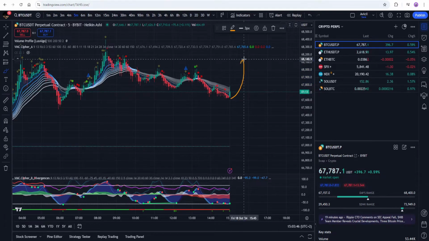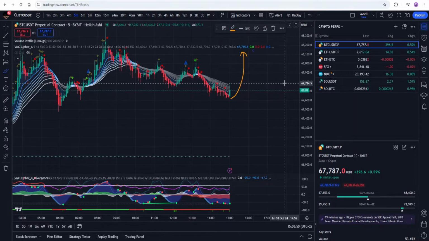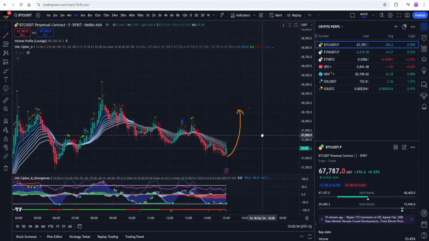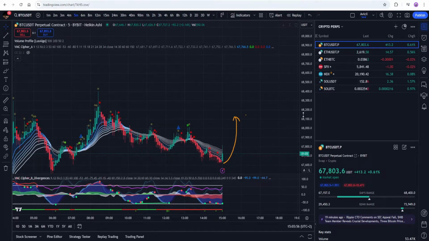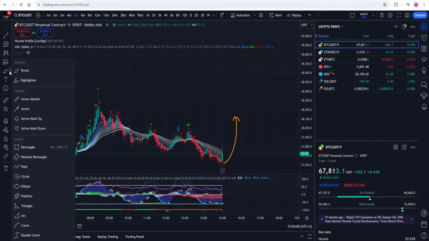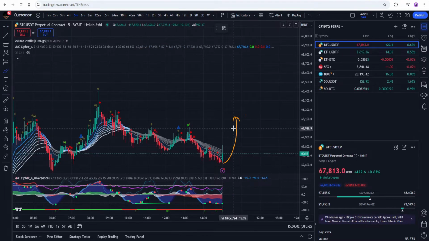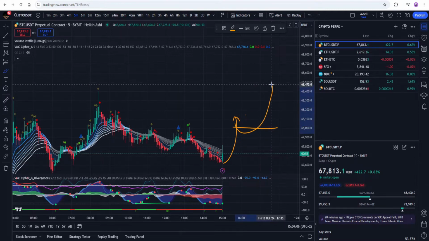Now you're thinking to yourself, darn, I missed this move. But it doesn't make sense to enter now because it might be the top. So as I learned in some trading courses or YouTube videos, I'll just wait for the retrace here, right? I'll wait for the retrace and it's gonna go up again. So I place my order maybe here on the bottom of the retrace. But then this doesn't happen,